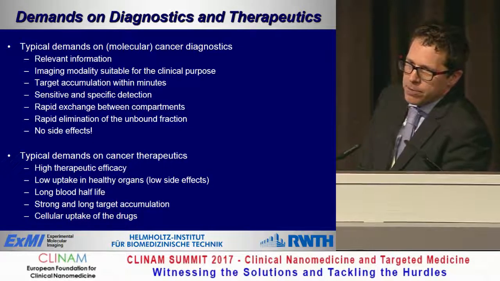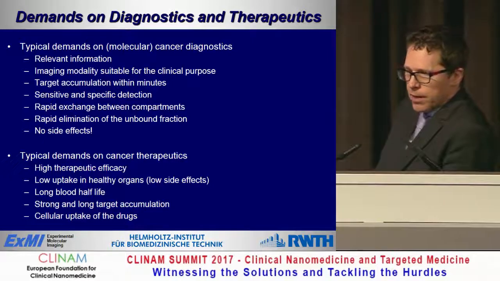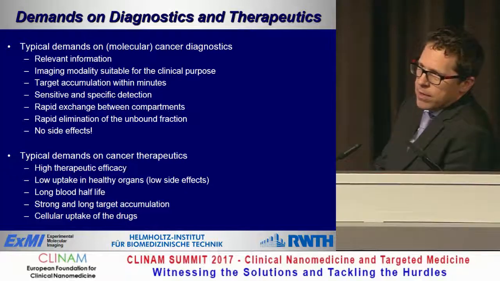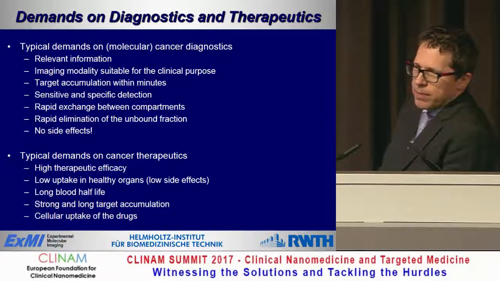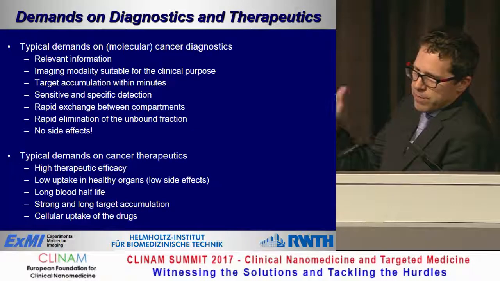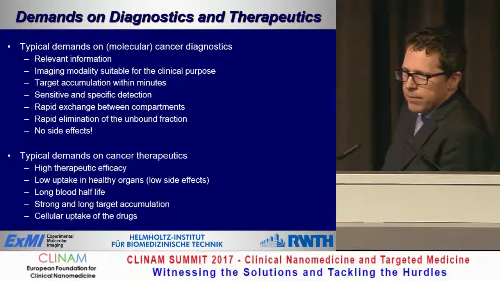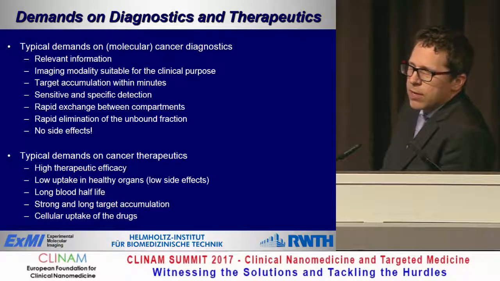It's a little bit different if we talk about therapeutics. There, of course, the most important point is high therapeutic efficacy and the decrease of side effects, as we have it from many nanomedicines, which we can achieve by decreasing the uptake in healthy organs. Usually, in contrary to diagnostic agents, where we usually want to have a short blood half-life, here we want to have a long blood half-life to really use the EPR effect. And, of course, we also need strong and long target accumulation. We don't care in this case whether it's a receptor-specific information. The only thing that is really important is that the drug at the end gets into the cell